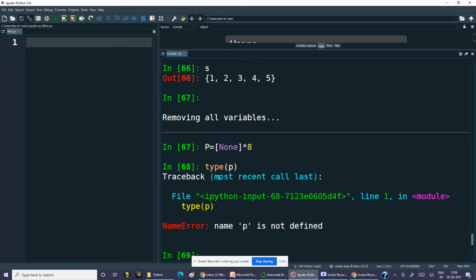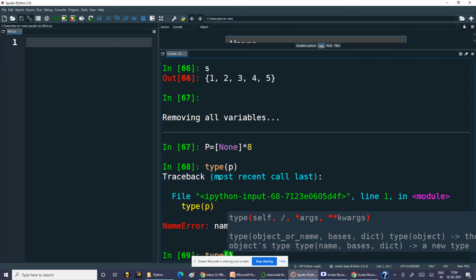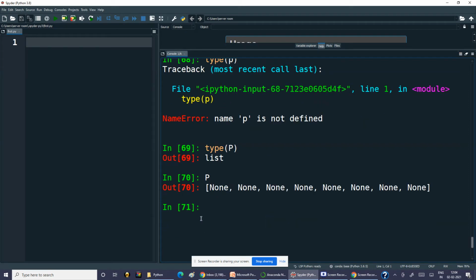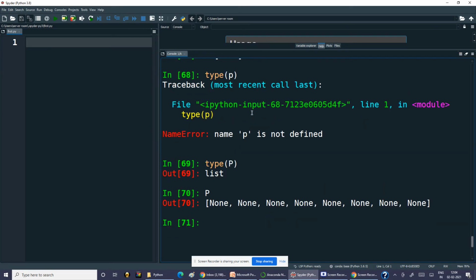Oh, this is again capital and small. So type of p, capital P, is this, list. So if you do like this, it will become a list. And if you write display p, it will display None 8 times. So it is None 8 times. So you can assign None directly like this also. So None is nothing but null. So this is an introductory discussion